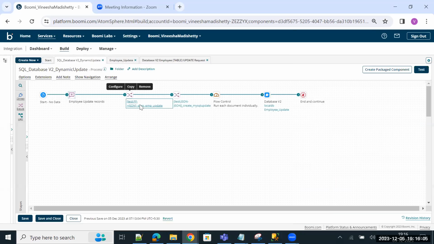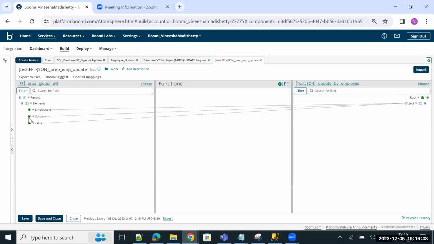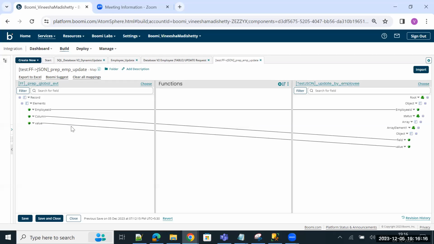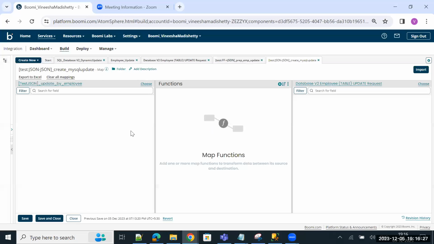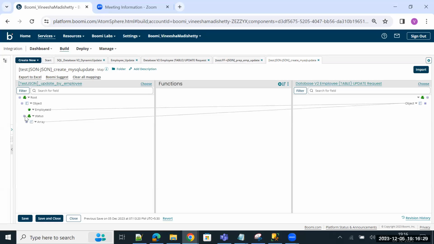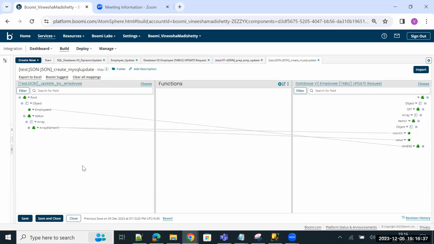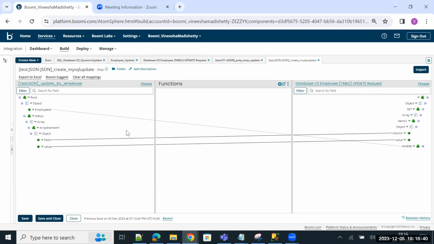After that, I have a map shape here, which is used to transform the flat file data to the required JSON structure. Basically, we are mapping the primary key, the column and the field values. Once this is done, I have another map, in which we are constructing the where condition, like the complete update query. If you observe here, the field and the column values are mapped, and